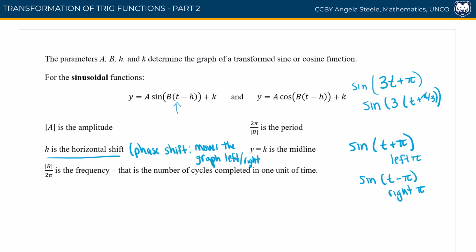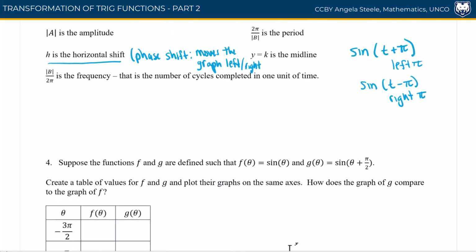For the simplicity of this class, I try not to use both the b and the h in the same problem because that does take some practice in how to deal with both of those things. With our horizontal, the b gives us that horizontal stretch and compression, and then the h gives us the movement left or right. So I just want you to be aware that the b should be factored out. All right, let's go ahead